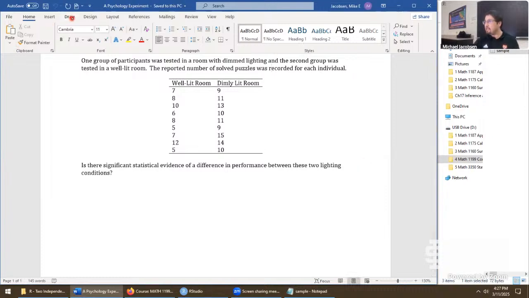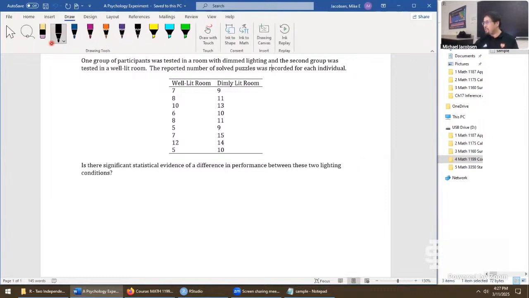Okay, well, this is the statistics part of it. It's really hard to do a problem without doing a little bit of statistics. But at the same time, we don't want to get bogged down on statistics either. So this will be just a really fast sketch of what we're about to do to address this question right here. First, we state the parameters we're about to estimate. We'll let mu W, referring to an average in the well-lit room, and mu D, referring to an average in the dimly lit room.